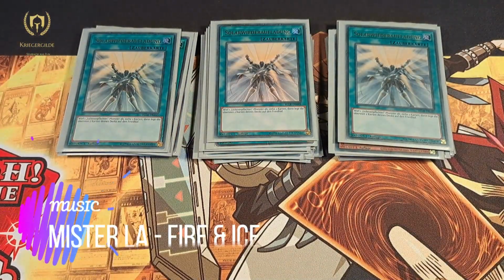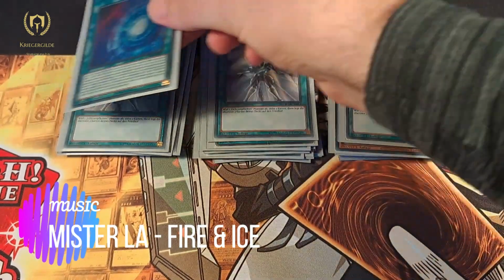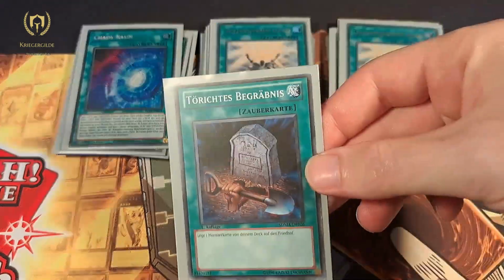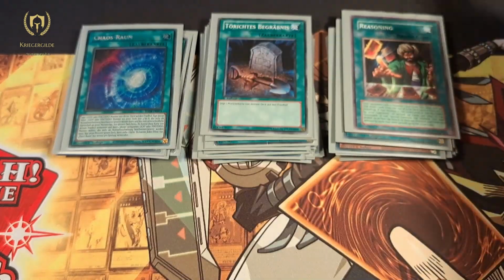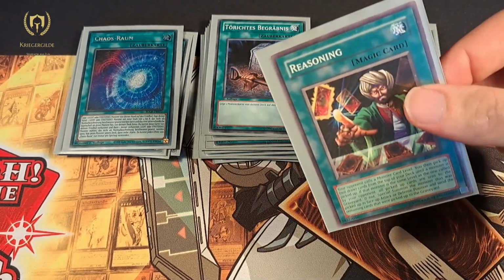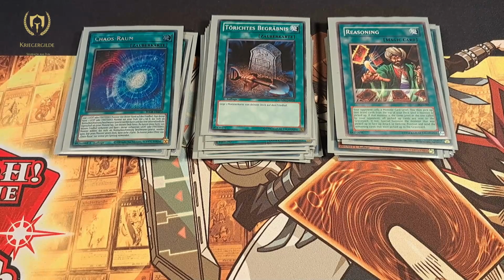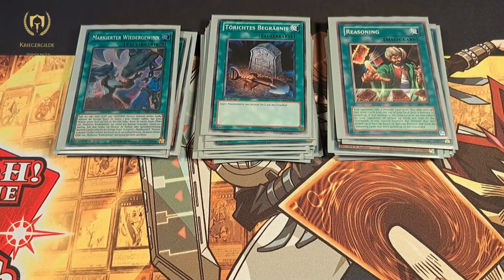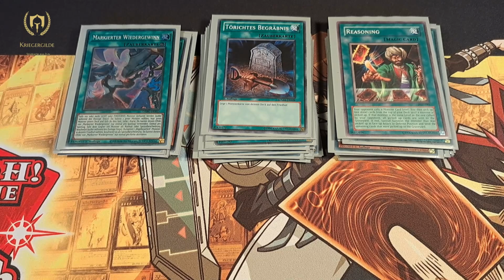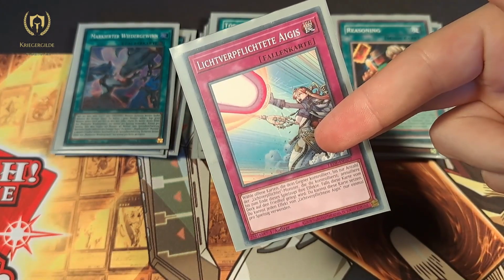Yeah. 1 Terraforming, sadly limited to 1. 1 Foolish Burial. 1 Reasoning. Yes, that's more or less a win-win situation in this deck. Always. 1 Branded Regained, the only target for the Lubellion, and the last card is a trap card, the Lightsworn Aegis,